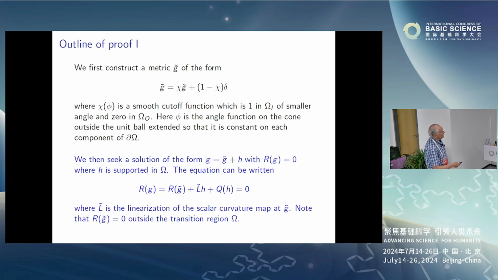Okay, and then we have to correct it. Because we've chosen the point which is quite far out, this metric G tilde that I've defined, of course, doesn't have zero scalar curvature, but it's pretty small. Scalar curvature is pointwise small, and it decays suitably. And so the problem then is to correct it. We're going to correct it just by adding a small 0-2 tensor H, and that H is going to have to be compactly supported, so it's going to be supported in that transition region omega.